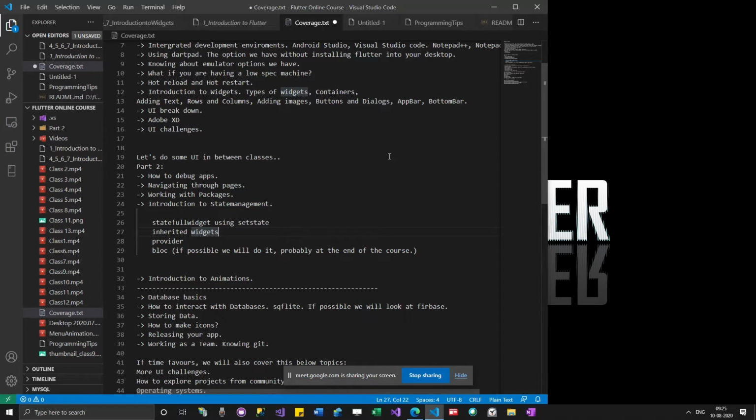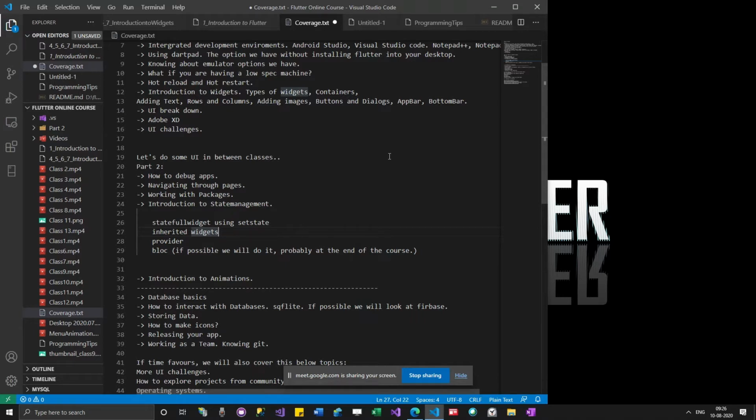But it's good to know about stateful widget, because in the Flutter framework itself you might be seeing stateful widget in a few or more places, so you need to understand what is meant by stateful widget. I think we already know about stateful widget, and today we are going to look into inherited widgets.